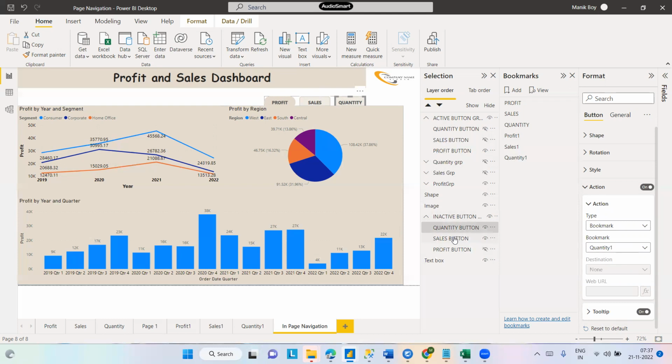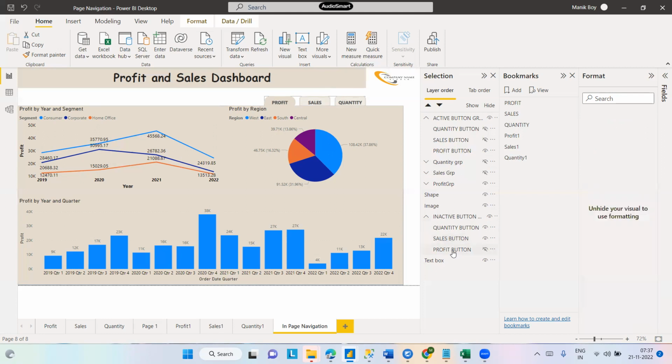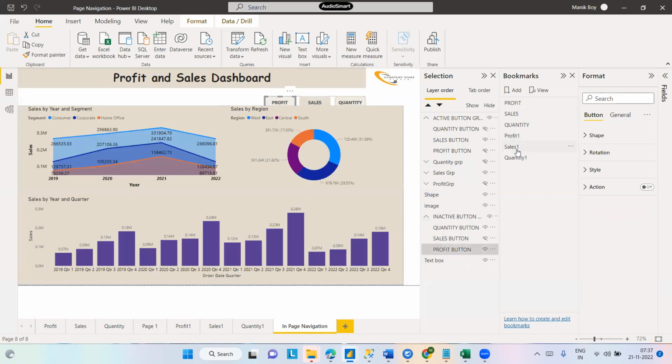Similarly, we need to do it for the sales button. So we need to enable the action, and then select the bookmark, and when the bookmark comes here, you need to select the sales one. That is the bookmark we have created just now, and that's how you have done it. And coming to the profit, since it is hidden, it will not allow you to do it. So we need to select the sales. When you select the sales bookmark, this profit button gets enabled, and again you can enable these actions. And when you come back here,